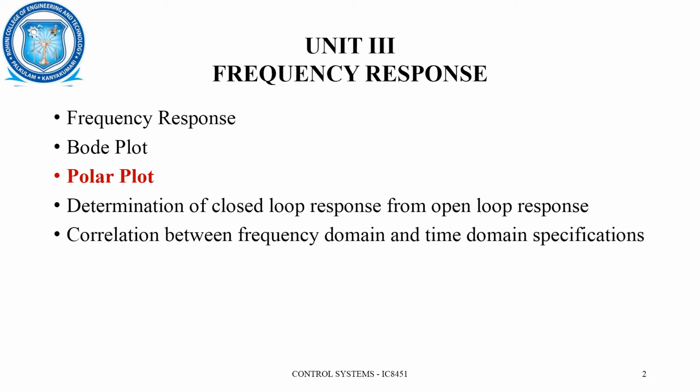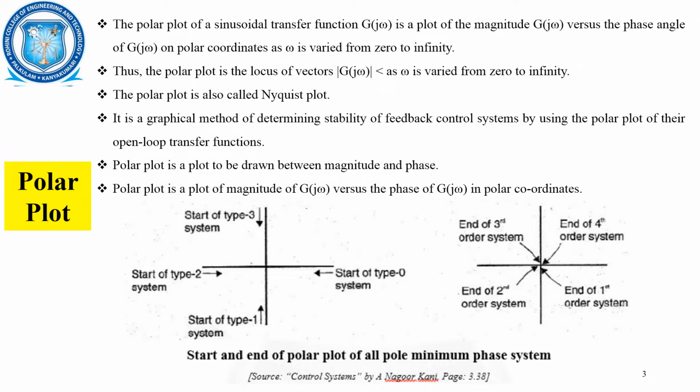Already we have discussed the Bode plot representation, and now we are going to see the polar plot representation. A polar plot is the plot drawn between the magnitude of the open loop transfer function versus its phase angle, on polar coordinates, and here the value of omega can be varied from 0 to infinity. The polar plot is otherwise called the Nyquist plot, and it's a graphical method for determining the stability of